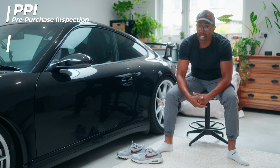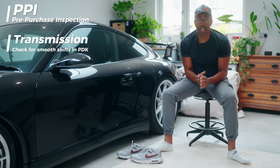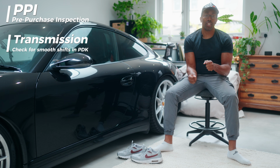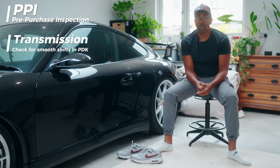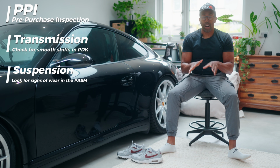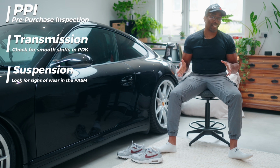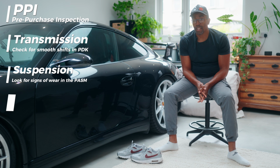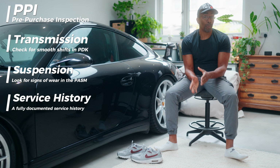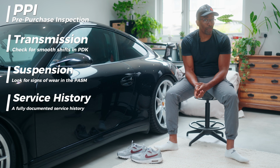Next, you want to check the transmission. So check for smooth shifts in the PDK, especially in earlier builds. A clunky shift might indicate an issue that could be quite costly. Suspension. Look for signs of wear and tear in the PASM system, especially if the car has seen some track use. Service history. Look for cars that have had a full service, which includes regular oil changes, brake fluid flushes,